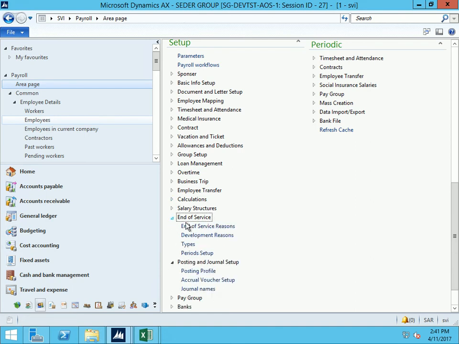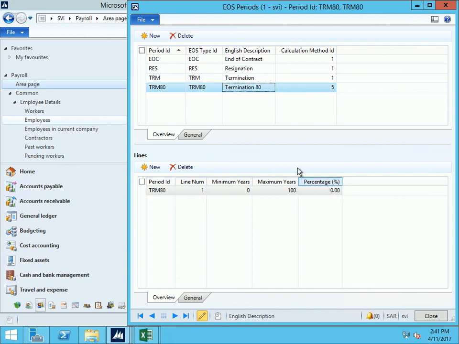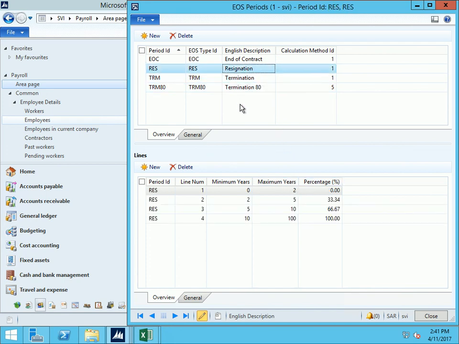End of service. In the type of end of contract, the system will calculate half a salary for the first 5 years, and the remaining one salary per year. For termination, the same. For termination with cause, 0. For resignation, in some cases: